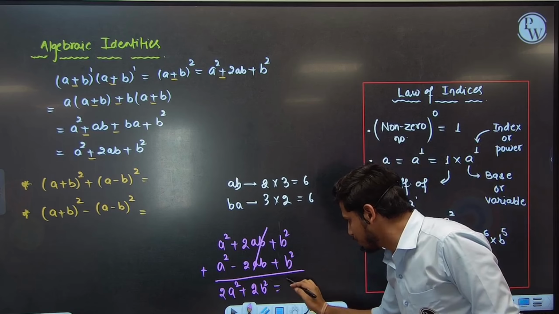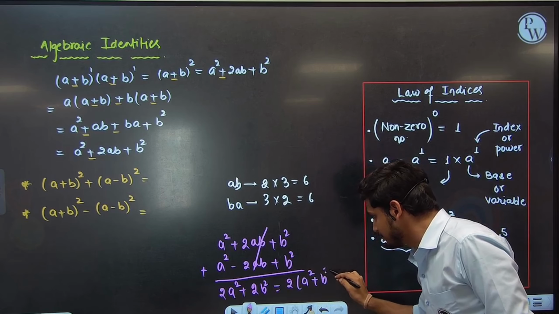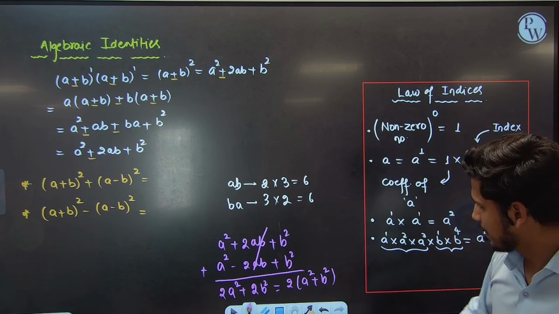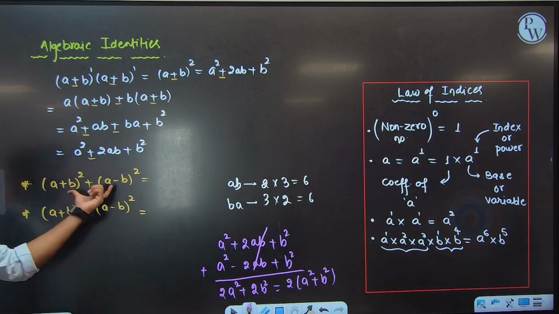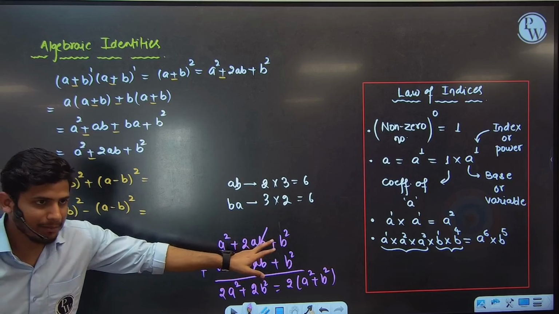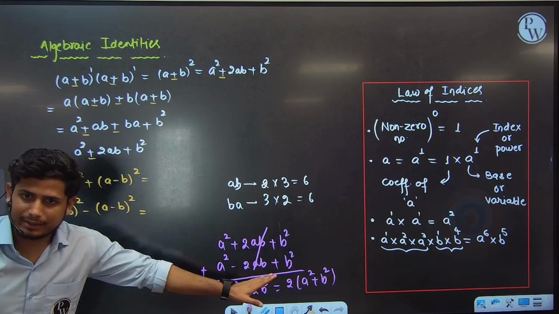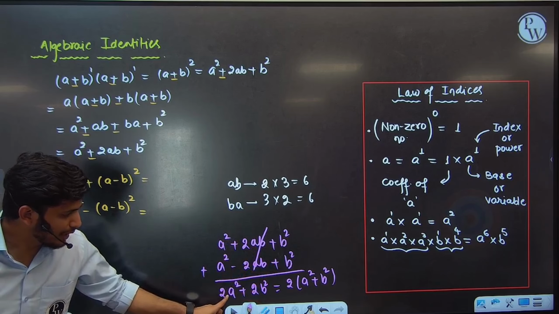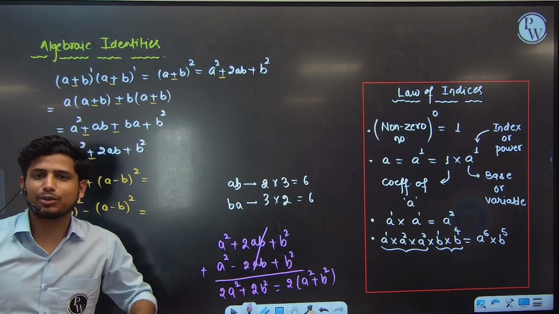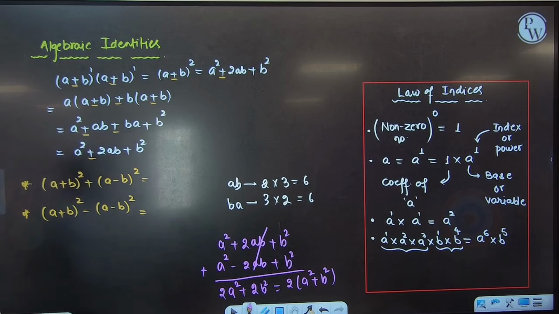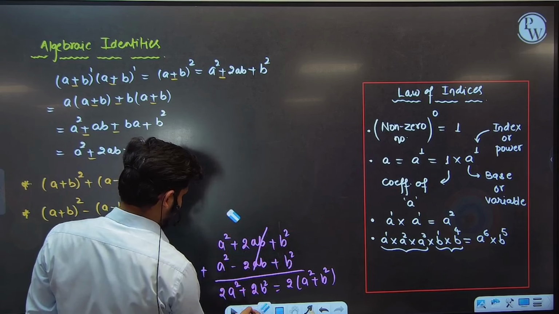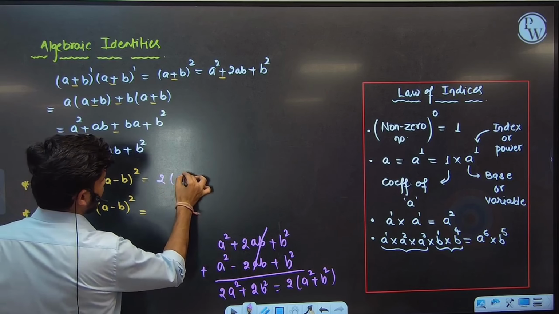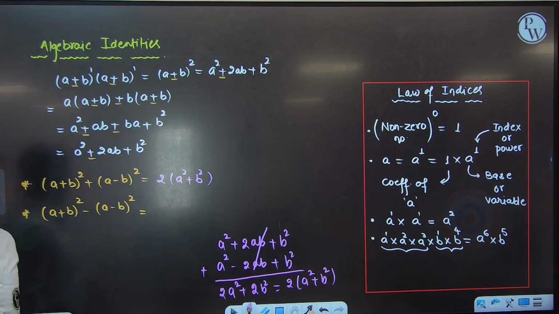Now 2 common. We want to solve this expression here. So a square plus b square plus 2ab, a square minus 2ab plus b square, and add these terms and expressions, so you get 2a square plus 2b square, take 2 common and you get twice of (a square plus b square). So what is the result of it? Twice of (a square plus b square).